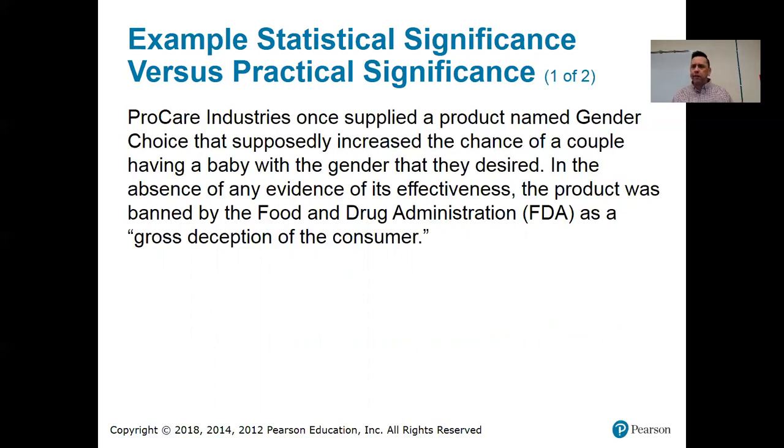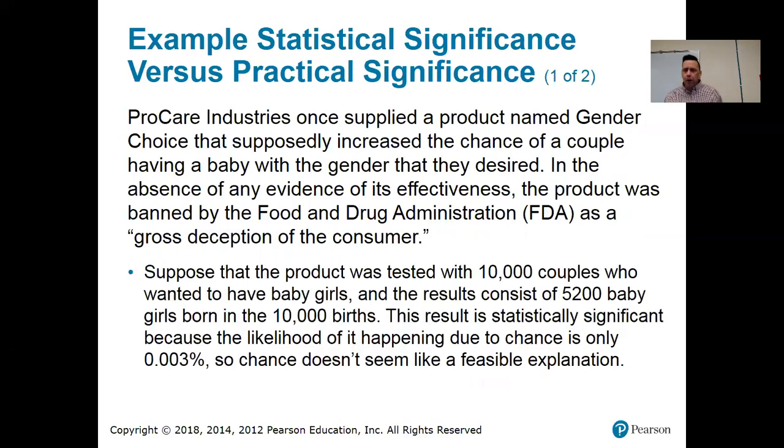ProCare Industries once supplied a product named Gender Choice that supposedly increased the chance of a couple having a baby with the gender that they desired. In the absence of any evidence of its effectiveness, the product was banned by the FDA as a gross deception of the consumer. So suppose this product was tested with 10,000 couples who wanted to have baby girls, and the results consist of 5,200 baby girls born in 10,000 births. That would be a